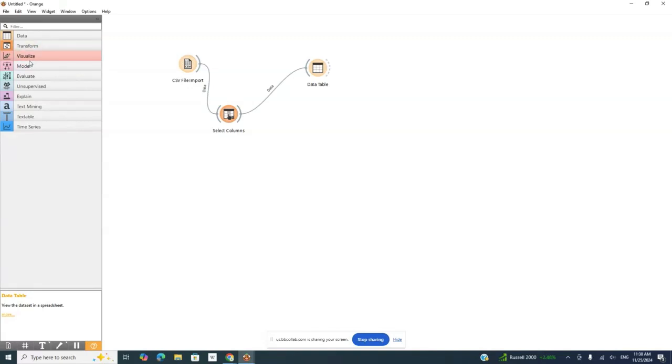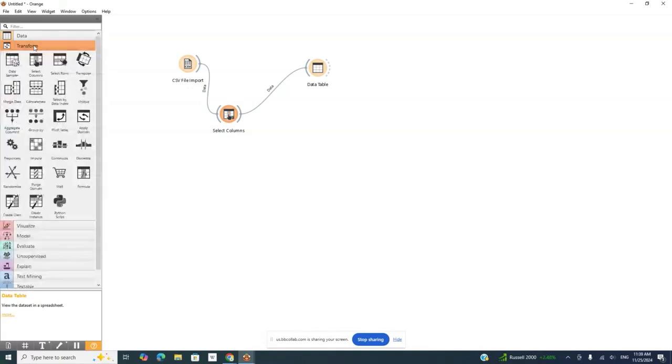So we're going to go to the data sampler here. And what we're going to do is we're going to specify that. And make sure you go from select columns to data sampler, because select columns is where we specify that the fraud reported is a target variable. In data sampler,